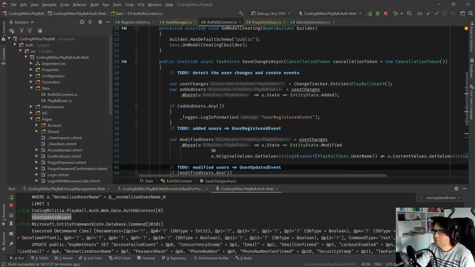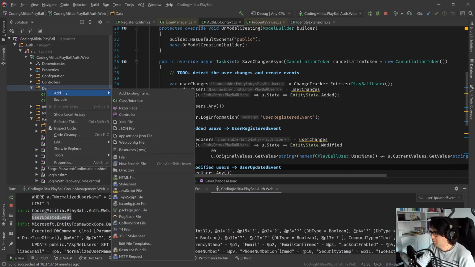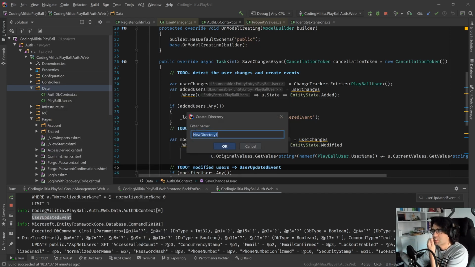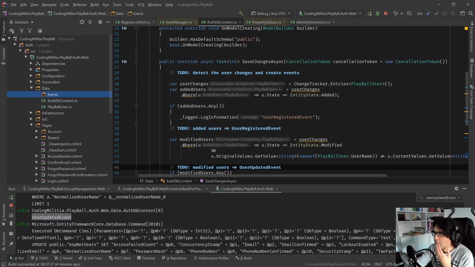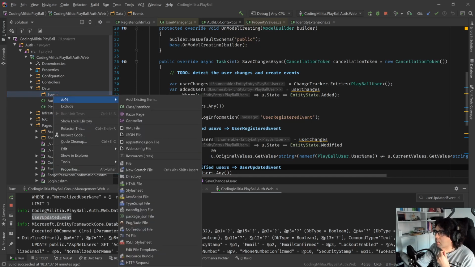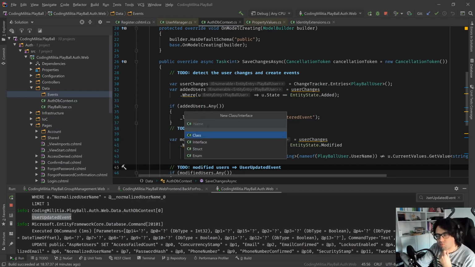So over here in the data, I still need to think about the structure, but let's go with something like this here. Events. Start with something like